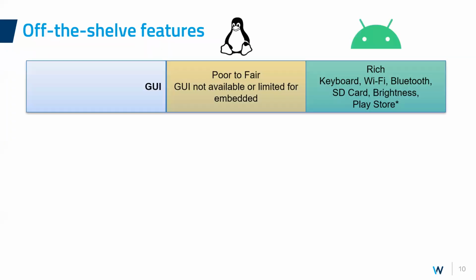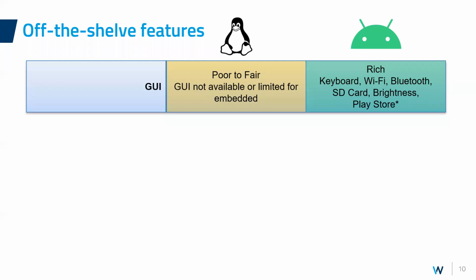Now, if we look at the off-the-shelf features that they provide, the picture is a bit different. Starting from the graphical user interface, for example, if you look at stock Android, you're going to have a virtual keyboard, Wi-Fi, Bluetooth settings, SD card, brightness, all the settings that you have on your phone, basically. If you have hardware that is integrated with the Android OS, you're going to be able to control all of that directly. Now, that's an if, and we can talk about that a bit after. And you're also going to have the Play Store, which means you can install third-party applications. There is an asterisk here,